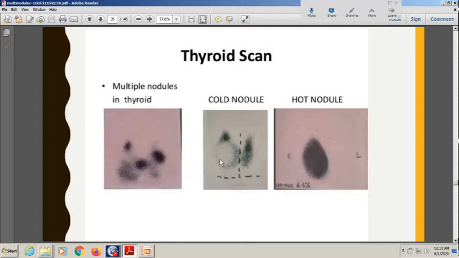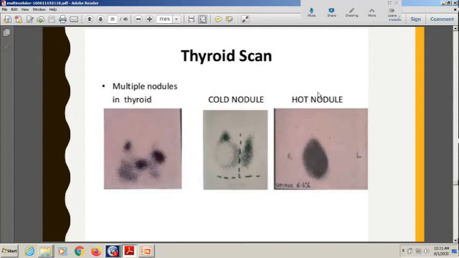What is a cold and what is a hot nodule? You can appreciate that in the photograph. What happens normally once we give the dye, that means either iodine or technetium,